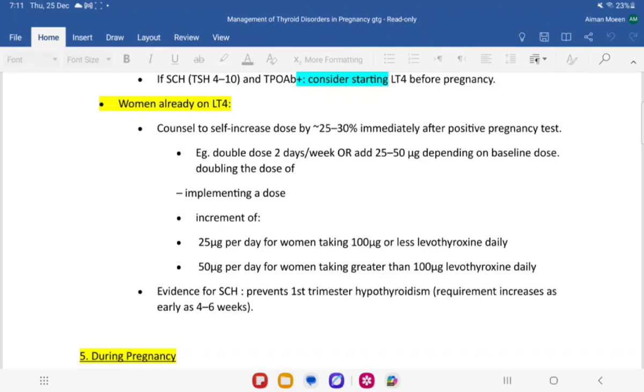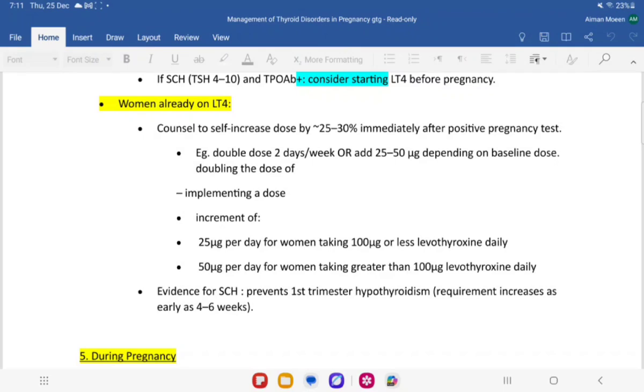But if subclinical and she is not on levothyroxine, you need to start her on levothyroxine, and if it is diagnosed during the pregnancy, then you start from 1 to 1.2 microgram per kg. Am I clear so far? So in this way,